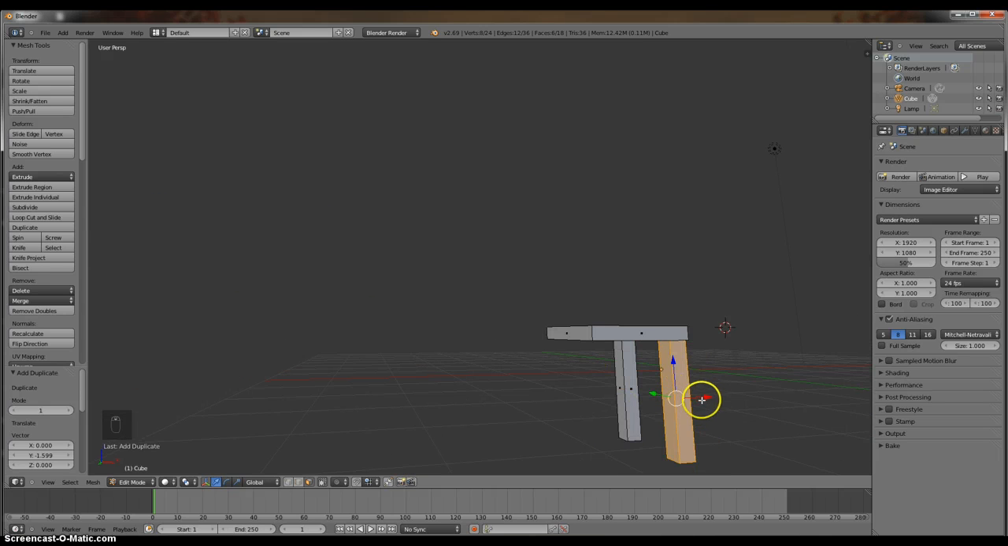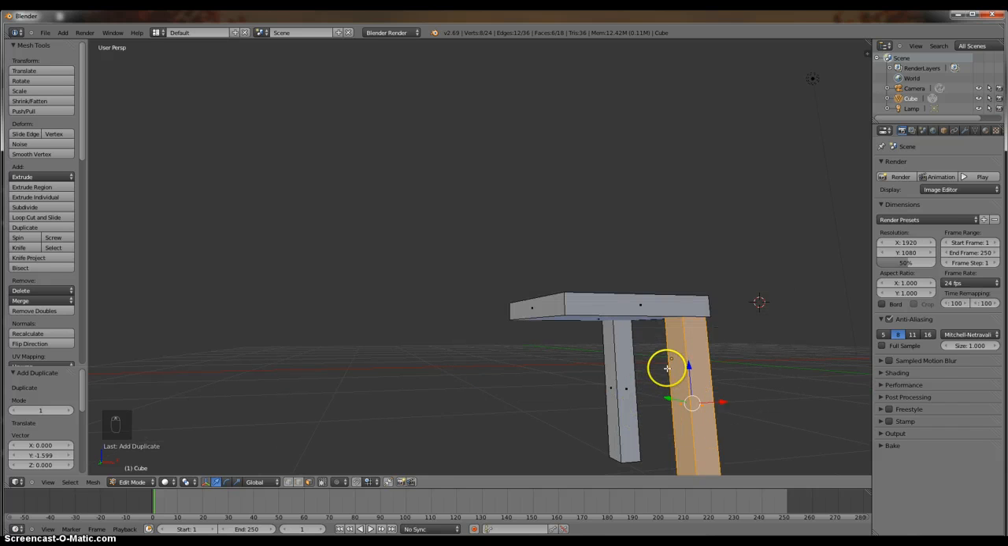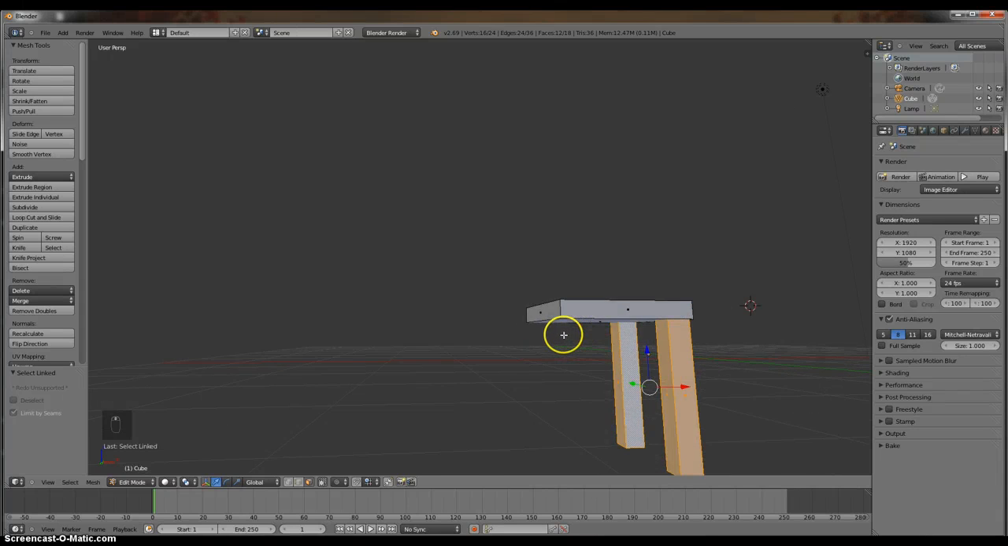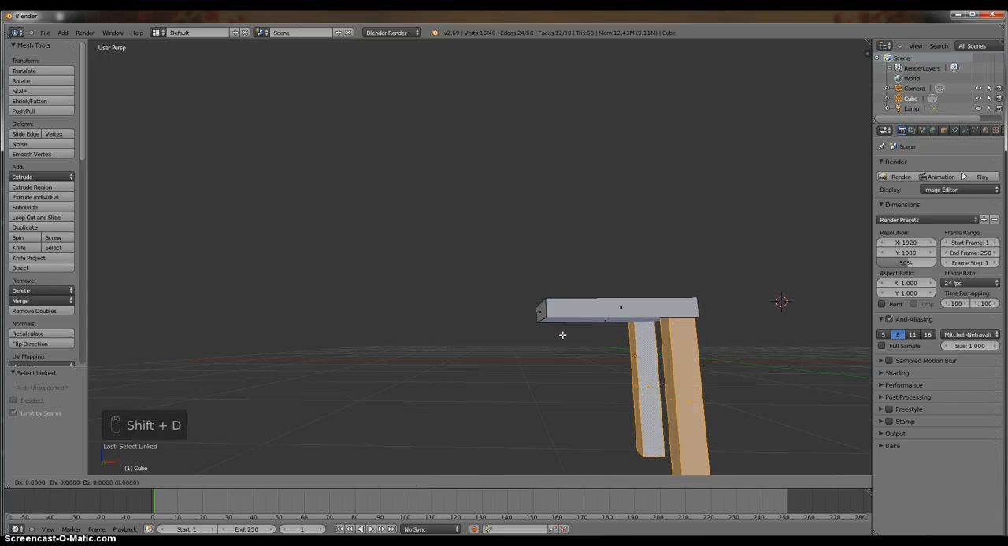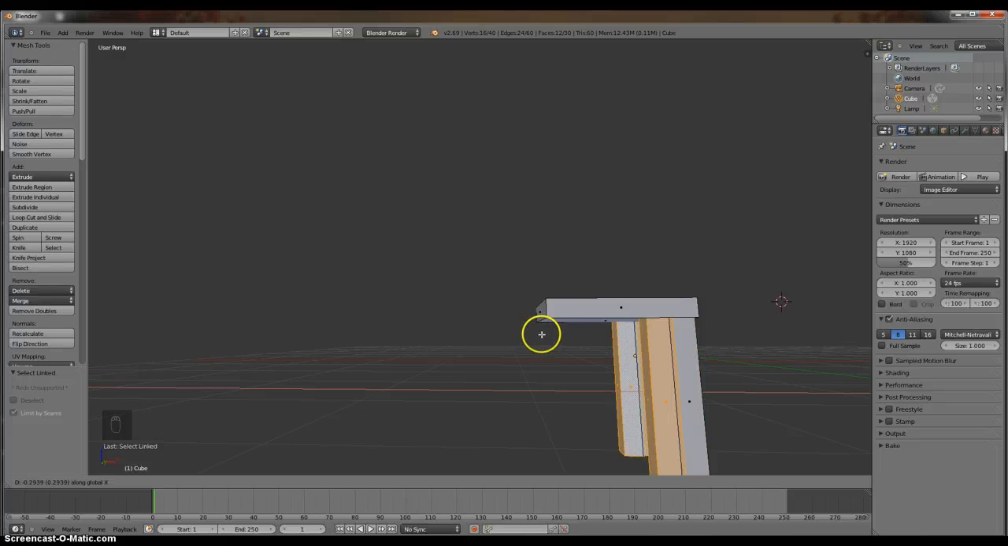So now these two legs are exactly the same because I just duplicated the one. Now if I press Shift and select, it will select something in addition to what's already selected. And if I press L again, it will select all of the linked parts to that object. And now, if I press Shift D, I can duplicate both legs at once and press X to move the